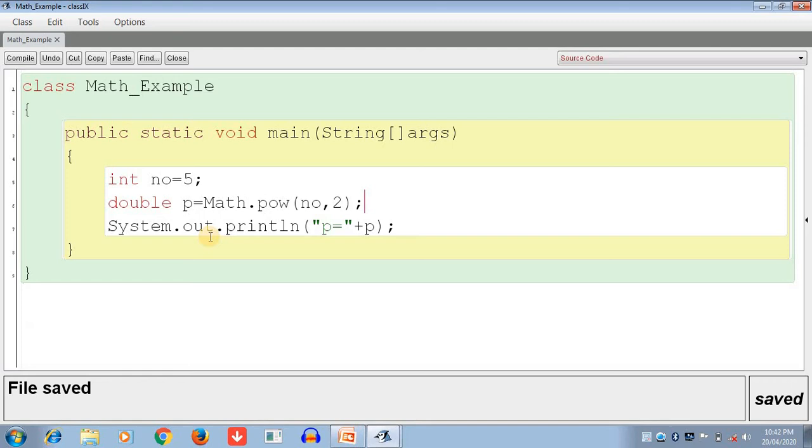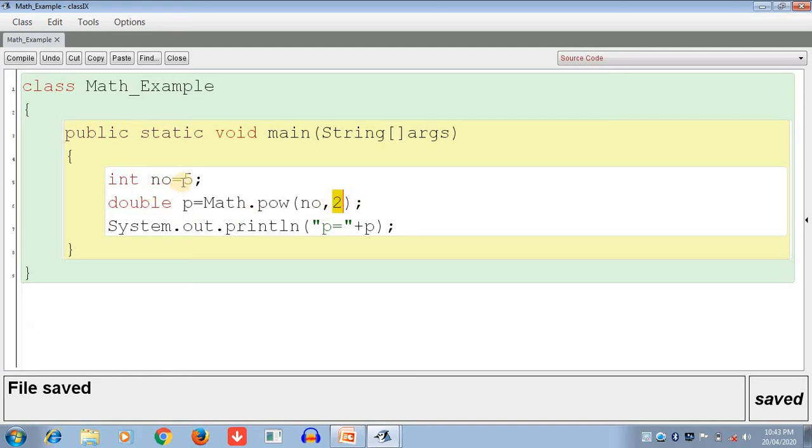Now again I am explaining how to use the power function and what the syntax of the program is. The math function accepts two arguments. The first is used as a number and the second as a power.